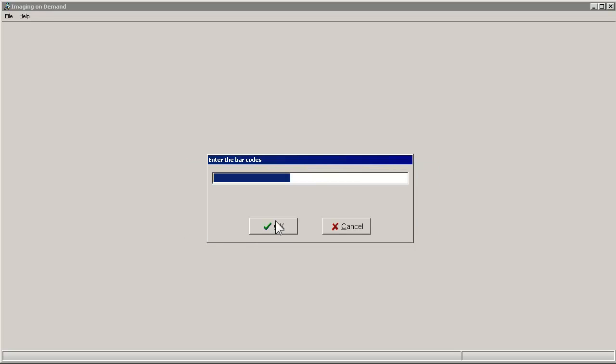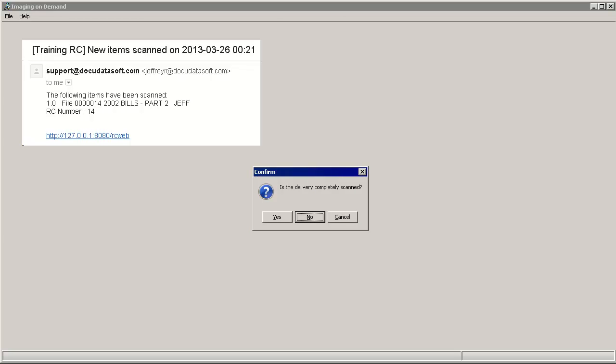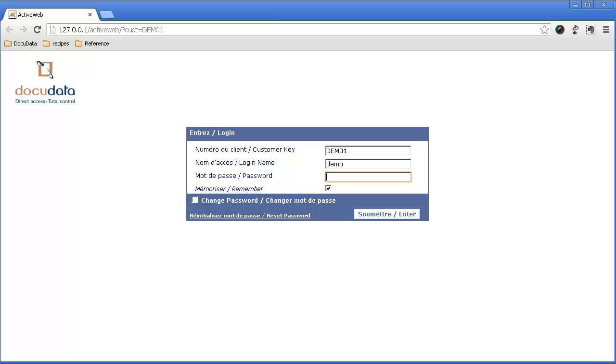Once we have saved the changes, EDC will prompt us to scan the next file on the delivery. If this was the last one, we will press Cancel. EDC asks us whether the delivery has been completely scanned. If we click Yes, an email will automatically be sent to the authorized user who requested the order. To help them view their scanned images, the email includes a link to your web page and the RC number of the imaged file. Your customer can simply log into ActiveWeb,